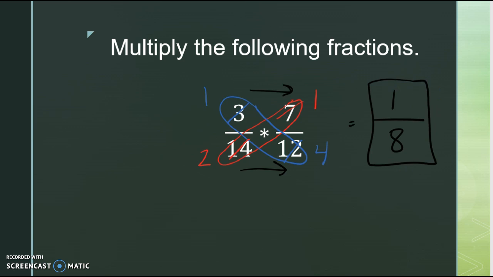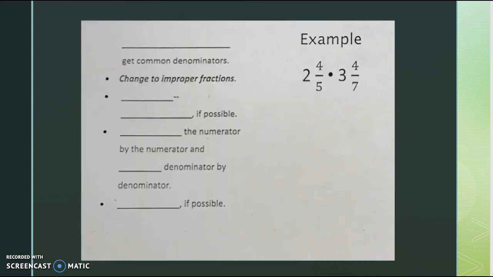Now we're actually going to stay on that multiplication idea, except now we're going to be multiplying mixed numbers. So it's the bottom left-hand side of your note sheet that looks like this here. And we're going to start with filling out this note sheet. So again, it starts with that blank, which should say,